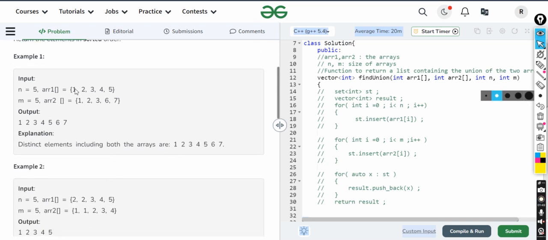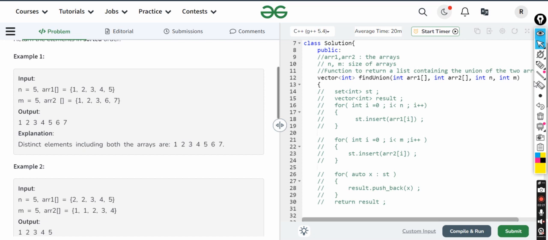So we have been given two sorted arrays. Now union means what? Union means we have to merge these arrays into one. Merging does not mean that you just pick up the elements, append them and sort. No. The basic idea of the union is that you have to merge the common things in between, but without any repetition of any element. If an element repeats, its occurrence should be 1 in the resultant array.